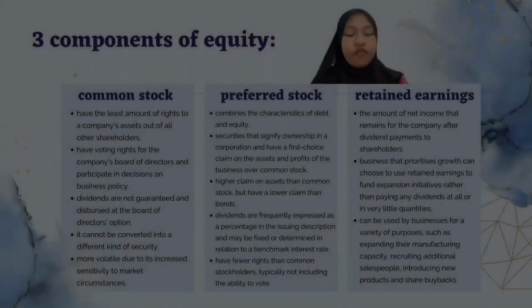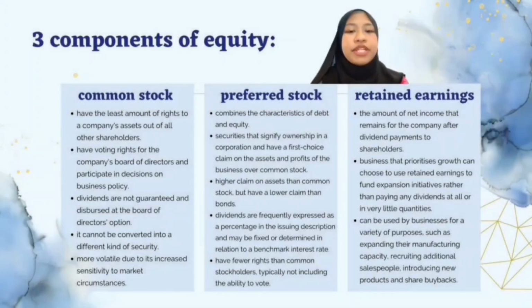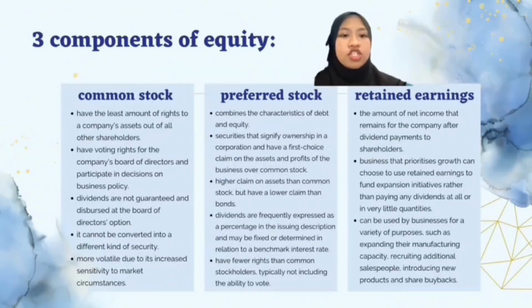As mentioned before, capital structure is the combination of the company's or firm's long-term capital, which is equity and debt. It is simple to define the equity component of the debt-equity relationship. Retained profits in addition to a company's common and preferred stock make up equity in a capital structure. So there are three components of equity, which are common stock, preferred stock, and retained earnings. The first one is common stock.